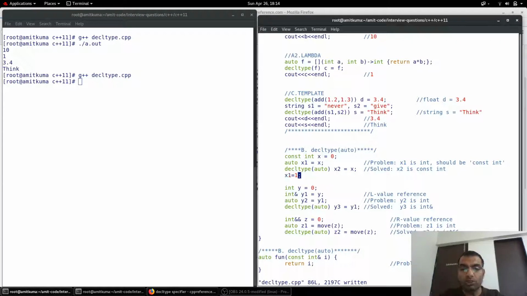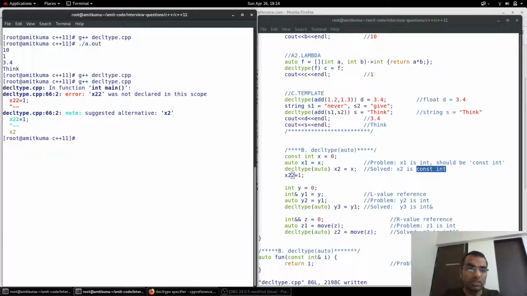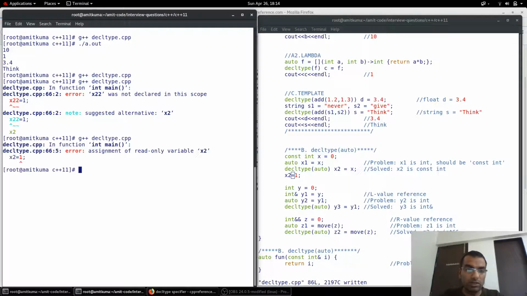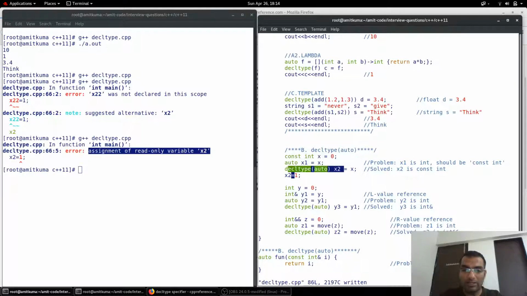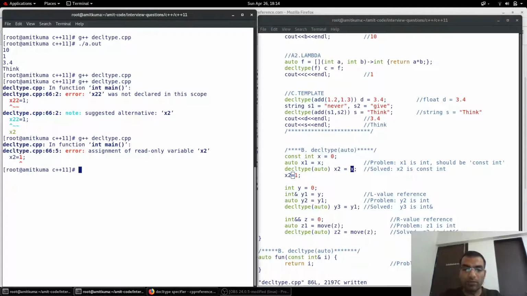But if we do x2 = 1, it will fail because it will be taken as const. So let me see. It says assignment to read-only variable x2. So in this case, decltype(auto) has derived the original type of variable x. I'll comment it out now.